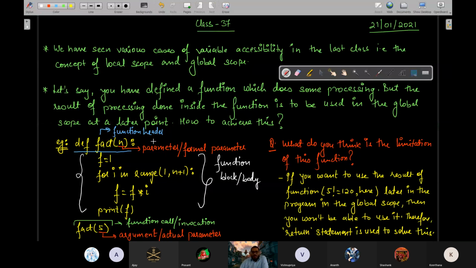Okay. Now the question is how return will solve this problem. How will the return statement enable you to use one result calculated here later down in global scope? Okay, so see how that happens. But how?